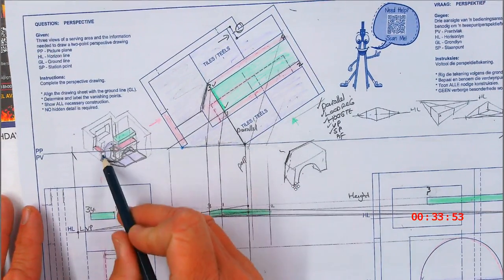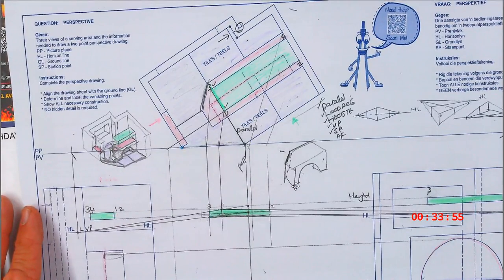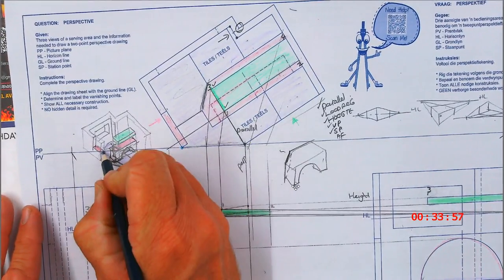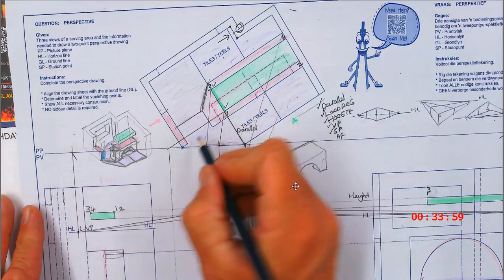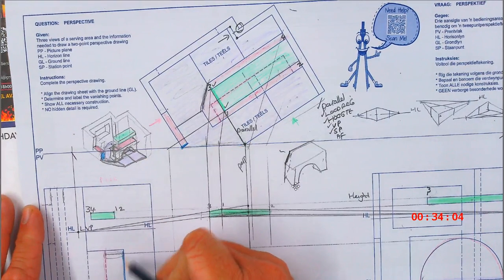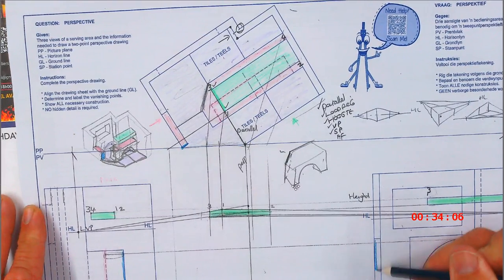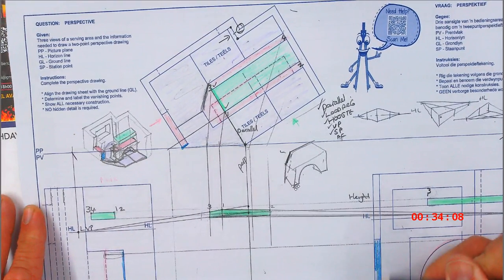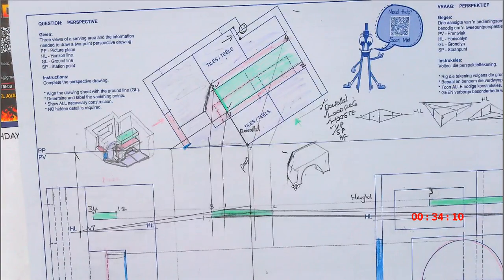Nou in hierdie geval is dit daai muurtjie daar, né? Nou daai muurtjie is hierdie stukkie hier. That's the blue part. That is sitting right over there. That is this one over here. En dis hy daai. That is the same thing. Okay, nou kom ons begin gou met hom.